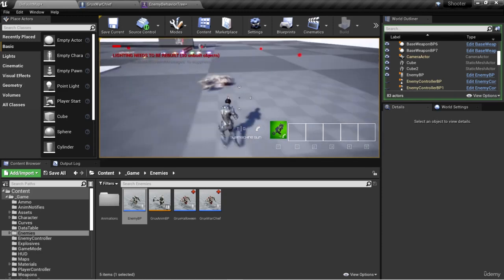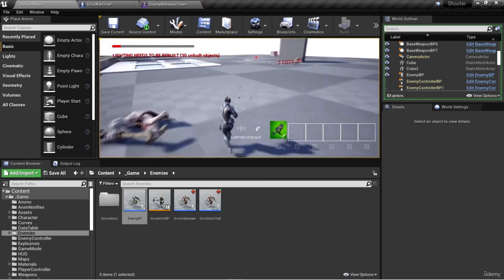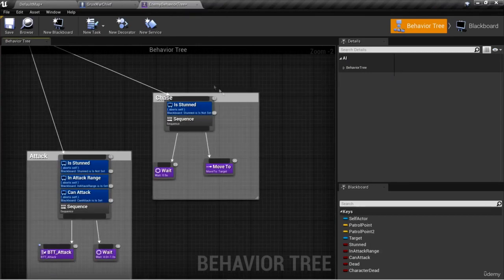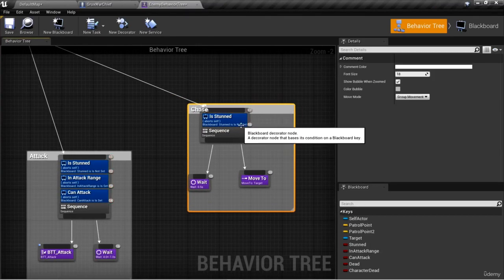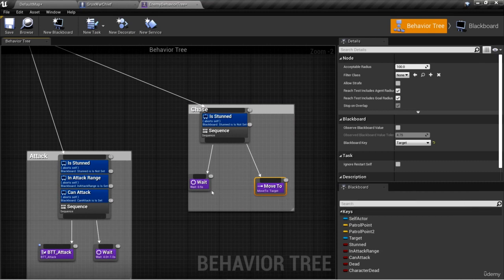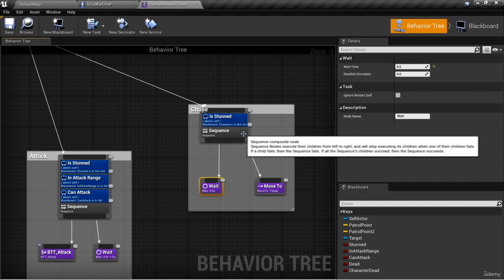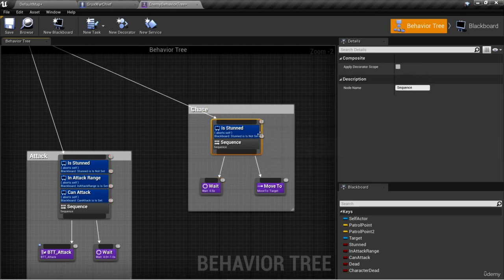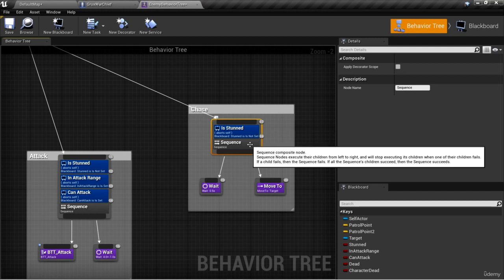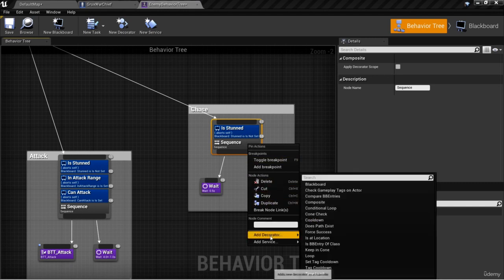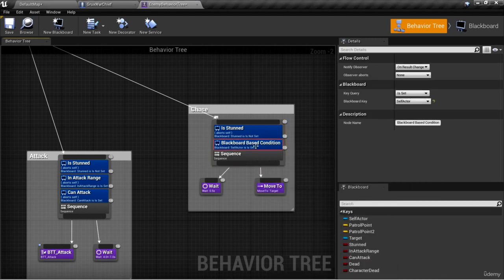Now, notice that the enemy will still chase us after we have killed it if it's already started that move to here in the chase branch of our behavior tree. And that's because if move to has already started, that character is already set to move to its target. And so we can prevent this from happening when the enemy dies by adding another decorator to this sequence here in the chase branch. So right-click and add a decorator, select Blackboard,